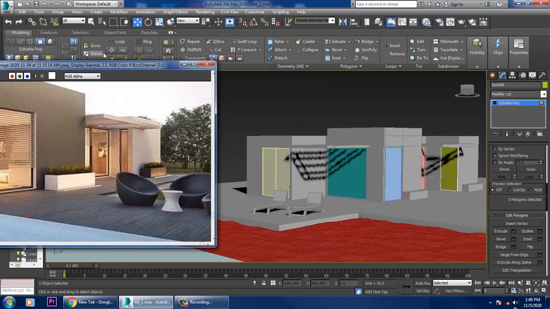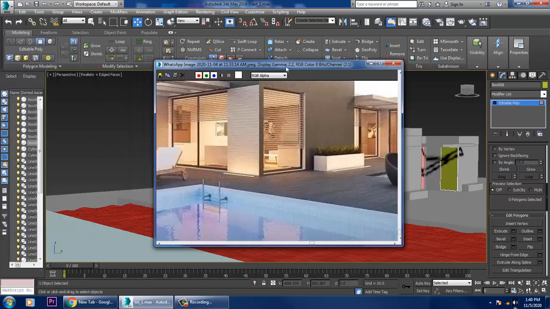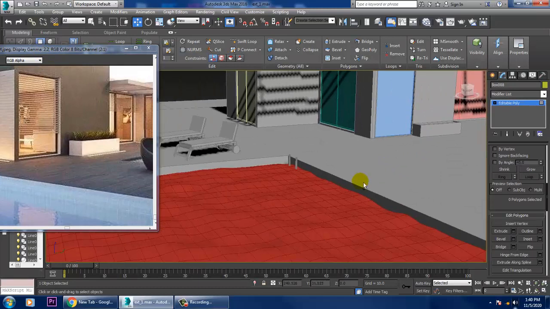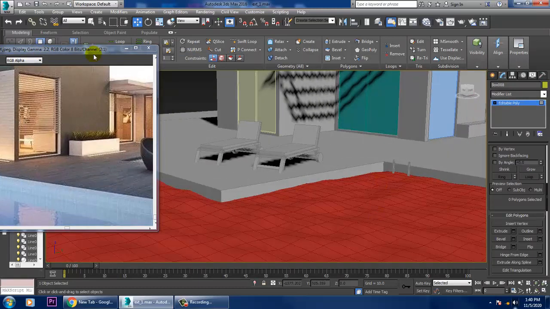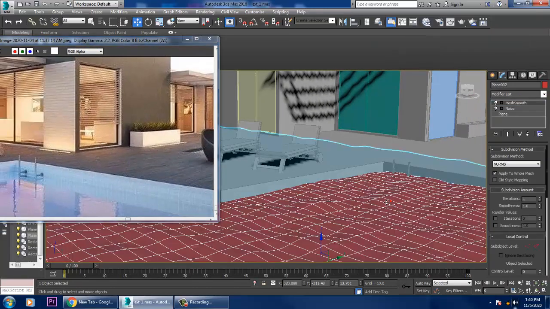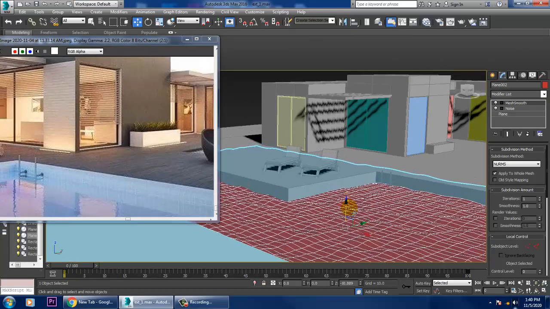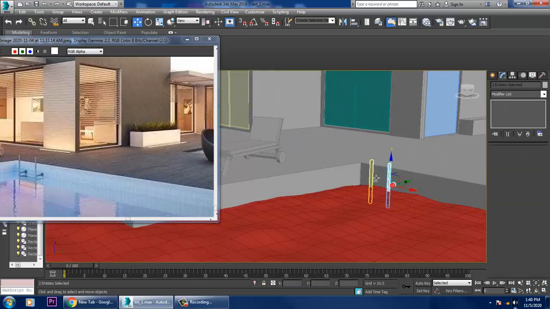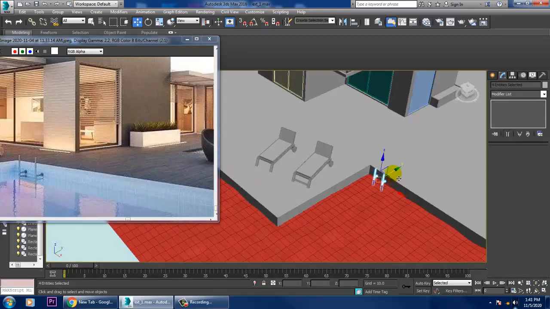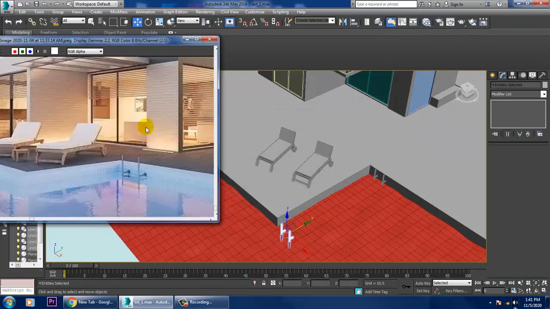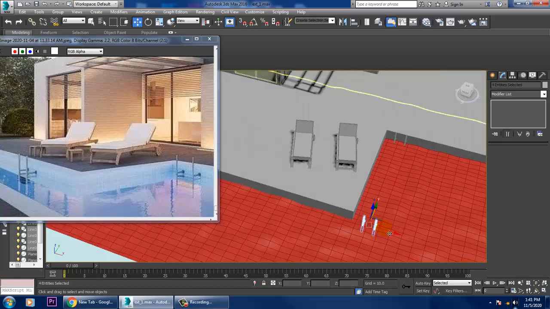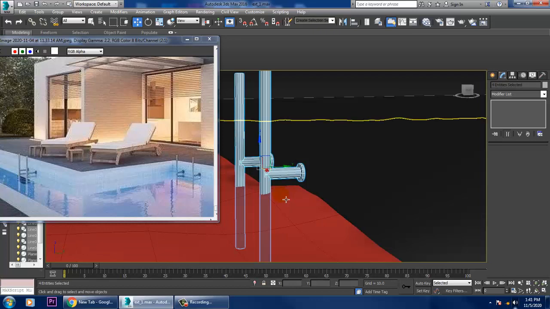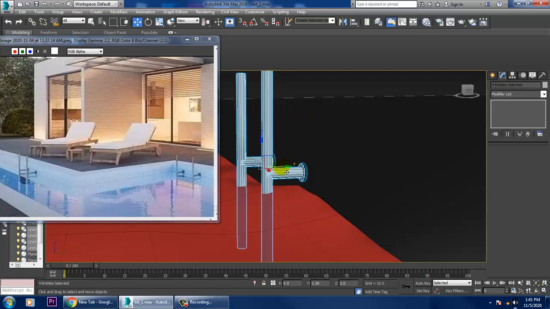Before we duplicate this, we'll slightly push this down, select this all, let's just duplicate it, and we'll drag it over here, just that's it.